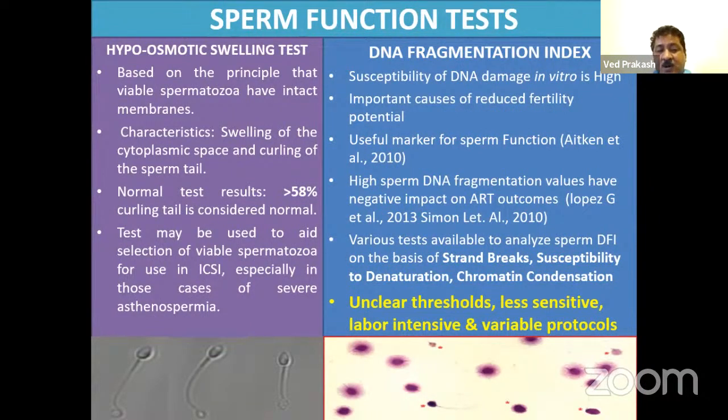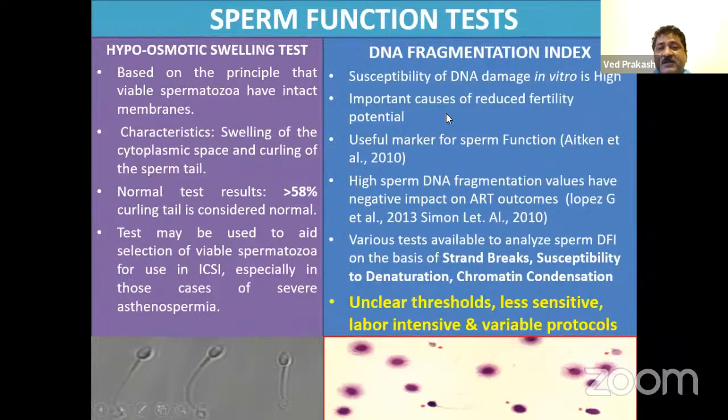There are some other things as well. Sometimes the sperm are not motile, they are not moving, but still they are alive. So how to check this? We have to do a sperm function test for that, like the hypo-osmotic swelling test. It is based on the principle that viable spermatozoa have an intact membrane. The characteristics are swelling of the cytoplasmic space and curling of the sperm tail, as you can see here. A normal test result is more than 58% curling tails. The test may be used to aid selection of viable spermatozoa for use in ICSI, especially in cases of severe